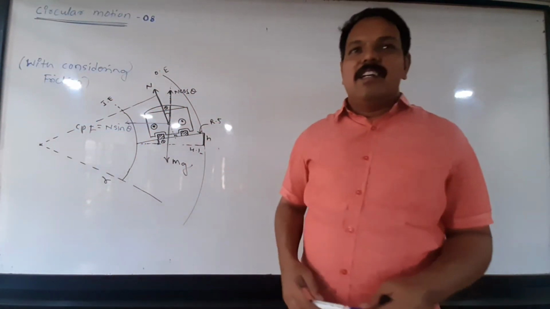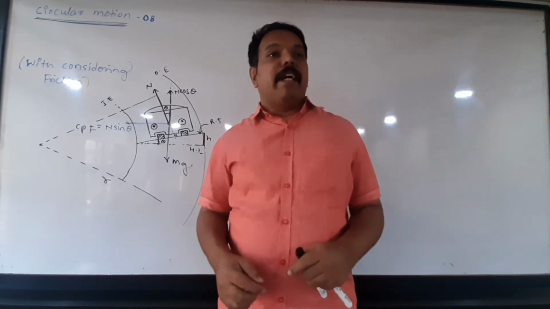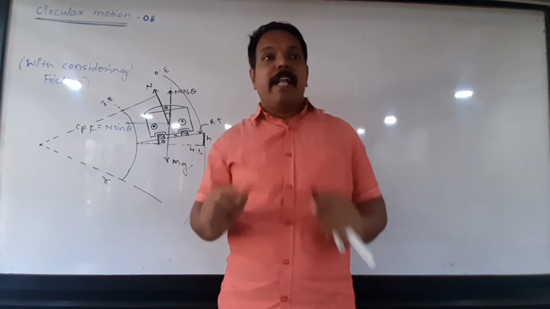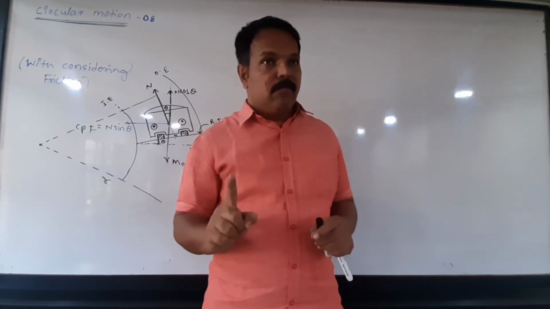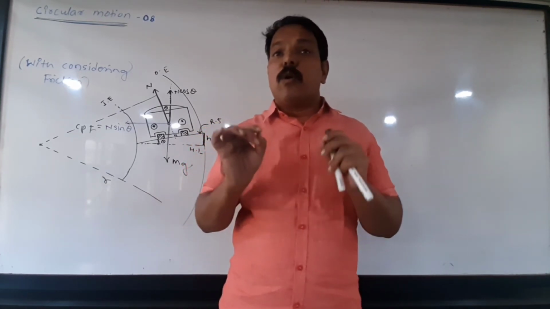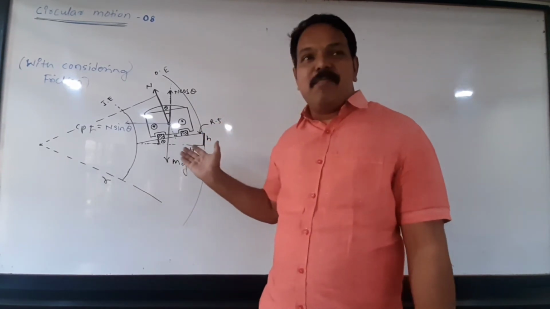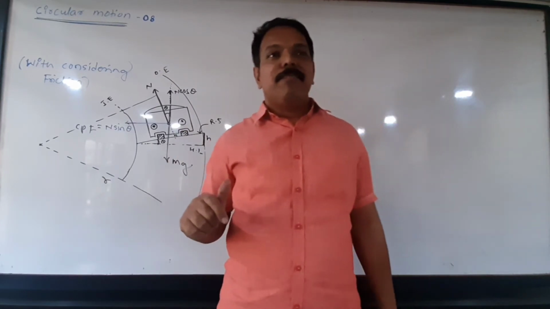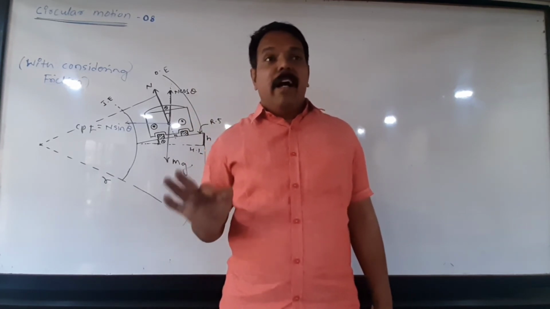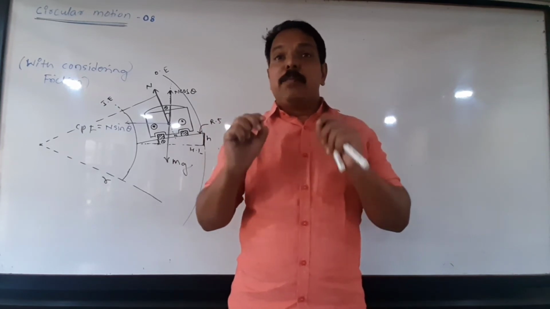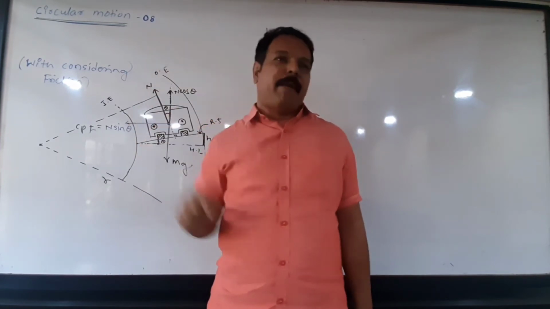Very good morning. So this is our 8th lecture of circular motion. Now in the last lecture, the 7th lecture, we have seen the limiting speed of a vehicle passing over a curved horizontal road, that is V equals under root mu Rg. Next we have seen what is meant by banking of road. The figure is still there because in today's lecture also we need that figure. What is meant by banking of road? What is the angle of banking? What is elevation? And what is the limiting speed of a vehicle passing over a curved banked road without considering the friction?